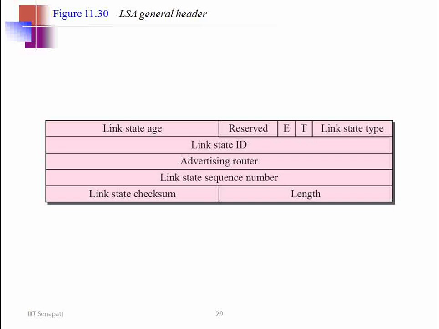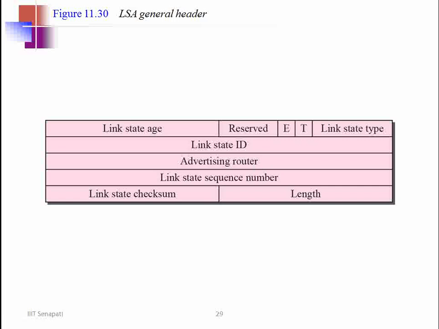So these kinds of link types are there. Here you have to mention a value from 1 to 5. Then link state ID and advertising router, these are all values.